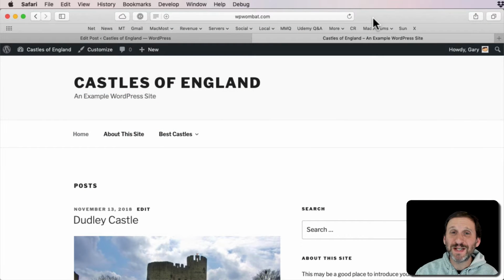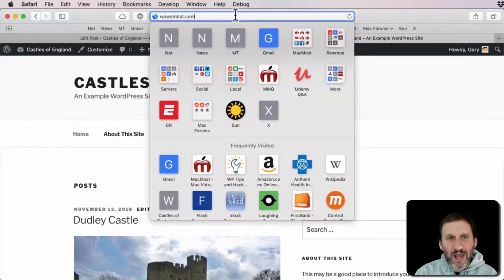So one of the things that happens by default on a website is that if you go to a directory that doesn't have an index.html file or something similar to it, you just get a listing of all the files in the directory. But you probably don't want that to happen at your WordPress site. So for instance, here I am at my demo site, and if I go to